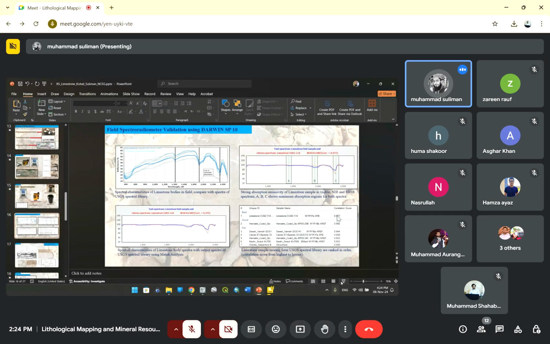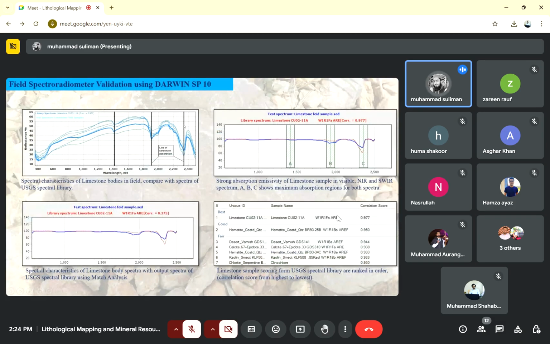I also take different line calculations points throughout this area. So this shows all the spectra of limestone that I took in my study area, which show us that its dipping area is 900 nanometers, and another dipping is near to 2100